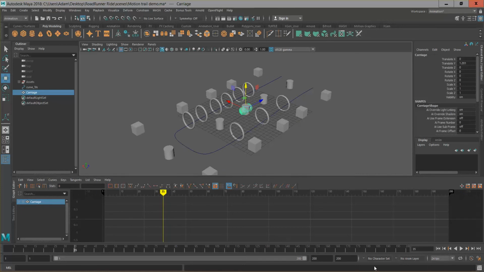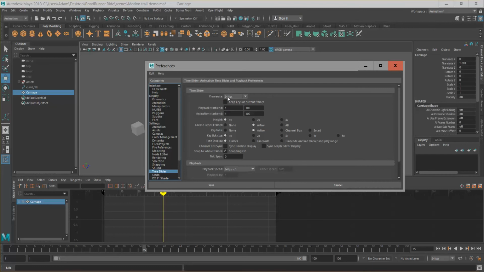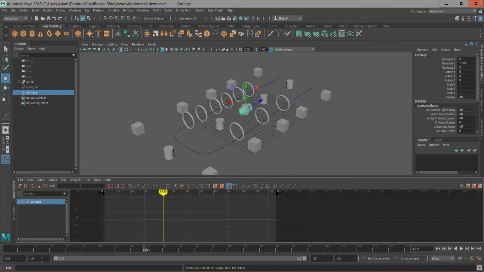So remember, just to double check and make sure that you've got your animation settings for playback on properly, so 24 frames per second. In fact, we'll change this to 30 frames per second, and we want that on the playback speed on 30 frames per second times 1. And from there, we're just going to change the time slider to what we want, I think that'll be fine. We'll do 120. Okay, and